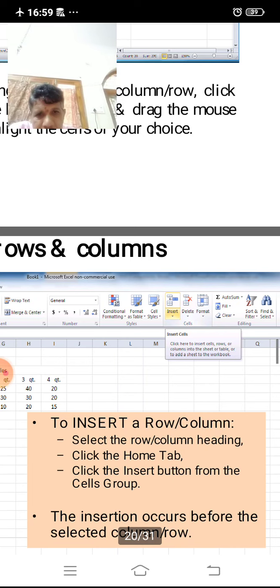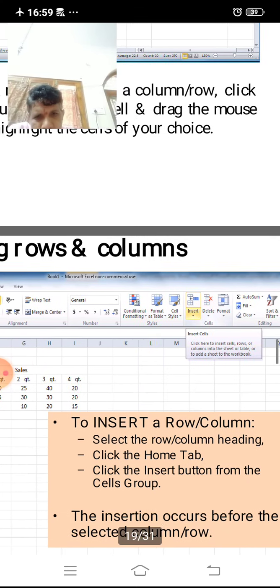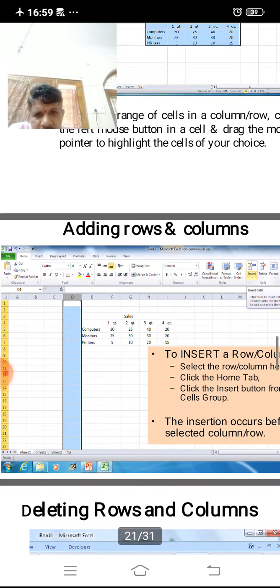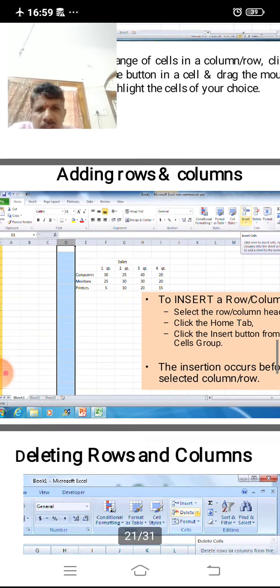To insert a row or column, select the row or column heading, click the Home tab, and click the Insert button from the Cells group. The insertion occurs before the selected column or row. If you click it here, D is moved and one more column is added. In this way the column is added.